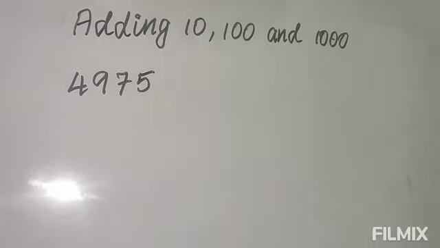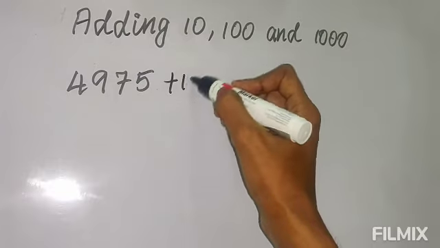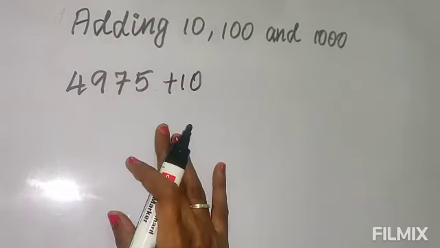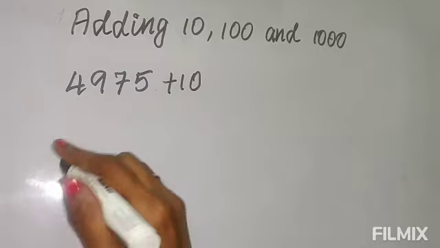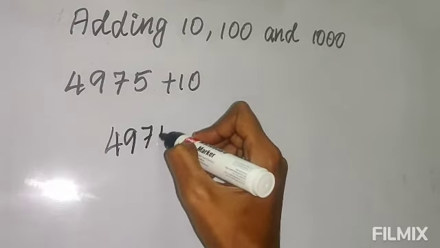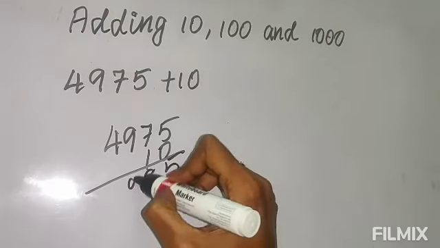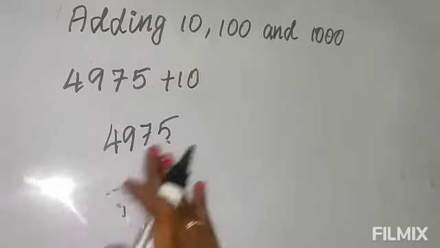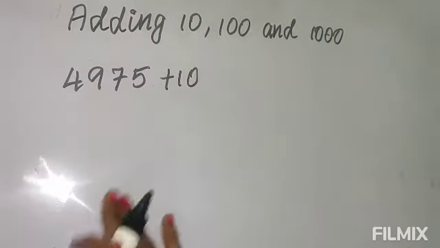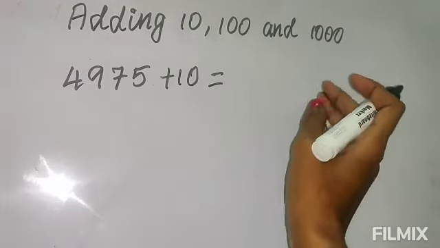Now next, see adding 10, 100 and 1000. This is to make the addition easier. So first let's see 10. When it is given like that, I have seen most of them, even in higher classes, class 7 and 8, sit and arrange the numbers in columns like this and add them. It takes a long time when you arrange, write and add. But if you know this rule, you can write the answer within a fraction of a second.